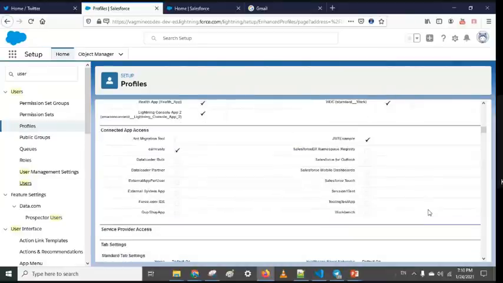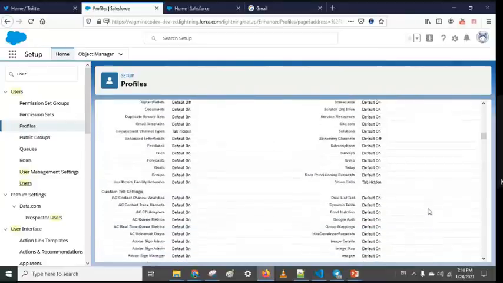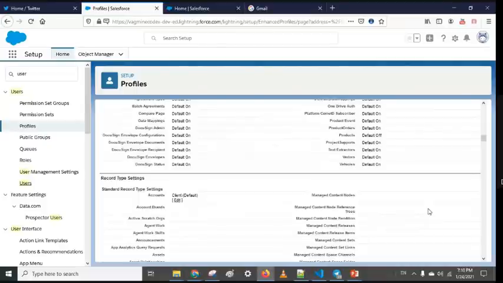Sir, is there any chance to override the profile level access? Profile level access, of course, we are overriding using the permission set, no? Yes, sir. Suppose there are two users and both have the same profile. Same profile, okay. Yes, and we are giving read access only to the account object. Okay. But for a particular user I want to give some access, like he can create a record.